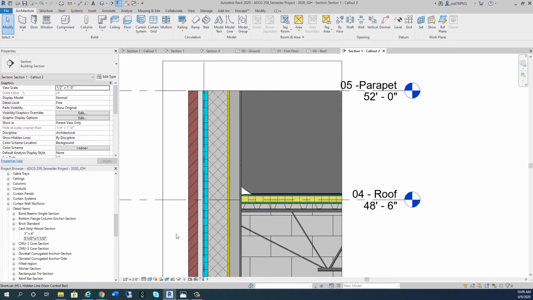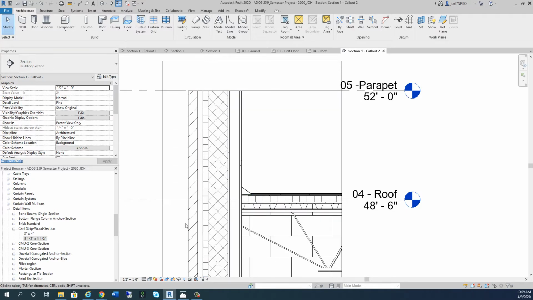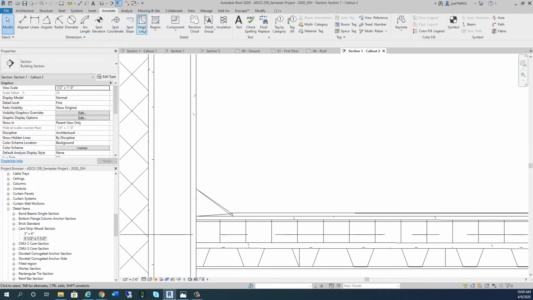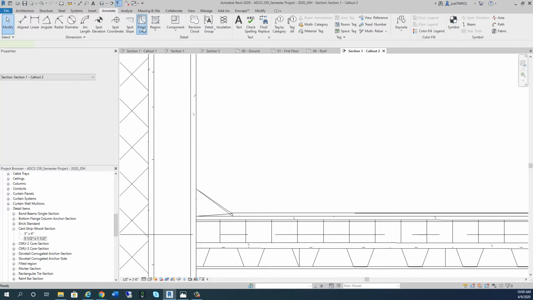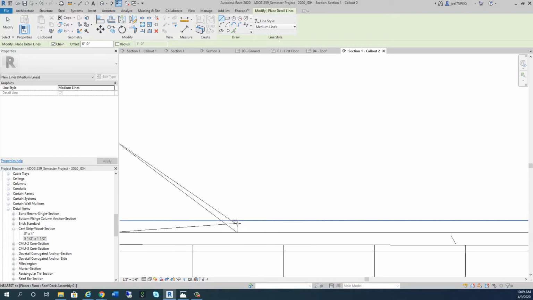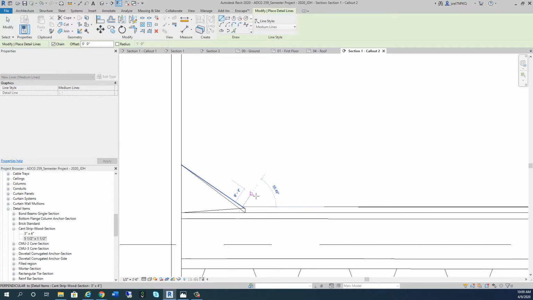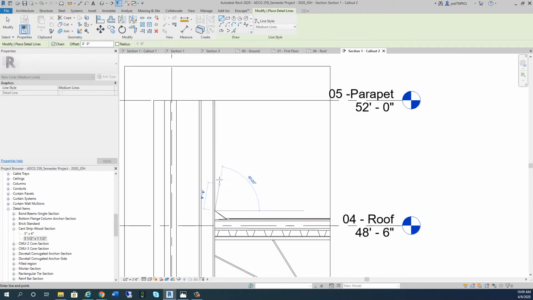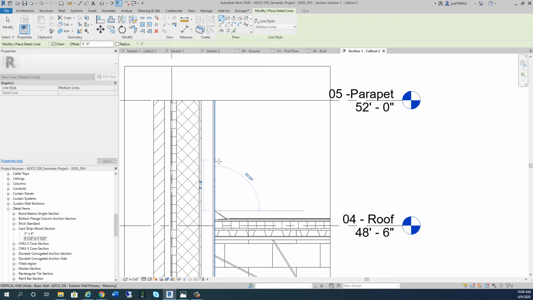So let me go back to a hidden line feature. All right. So I've got that thickness in there of about a 1/4 inch. So what I'm going to do is just go over here to annotate, and then I'm going to go to detail lines, right? And under detail lines, medium lines are going to be just fine. I'm just going to come in here and right around that intersection, all I'm going to do is draw a line to here, and then I'm going to draw a line that's going to come most of the way up